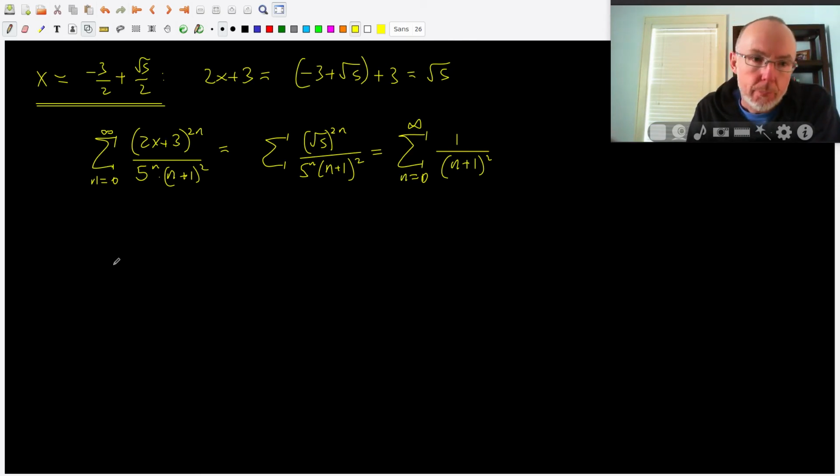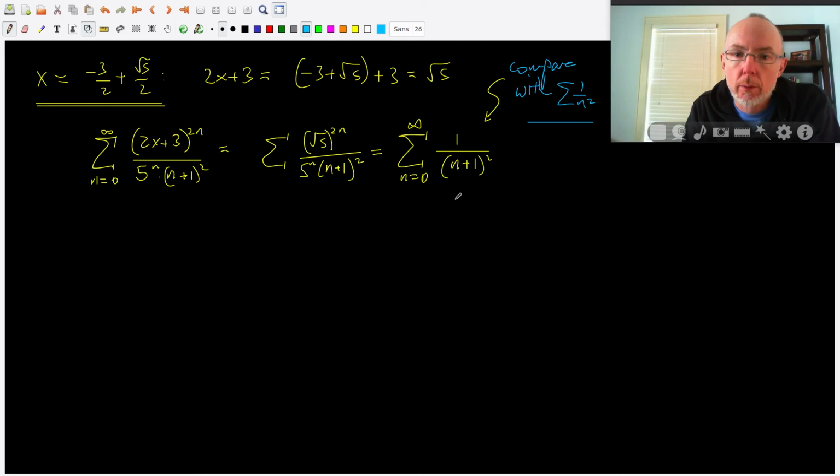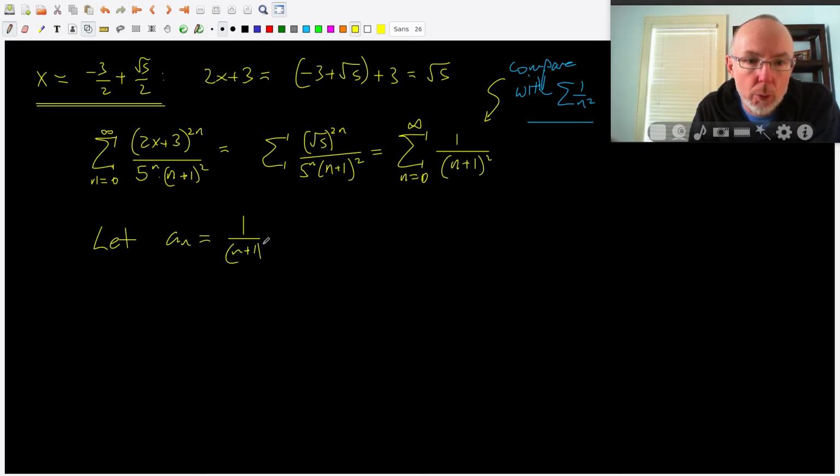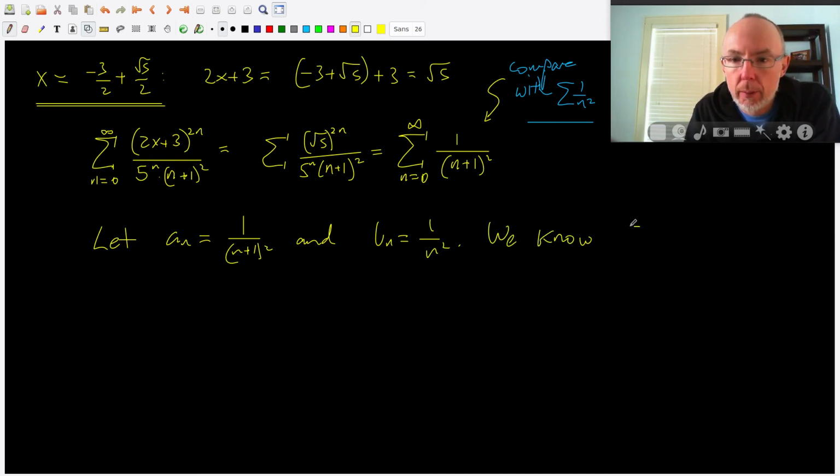So at this boundary, what we have is something that looks very much like a p-series with p equals 2. We could use the limit comparison or the direct comparison test to compare this series with 1 over n squared, because that's going to behave in the same way. Let's use the direct comparison test because I think it's easier here. So the series we're interested in is this one, 1 over n plus 1 all squared. And the other series we've got is, in this case, just 1 over n squared. So we know that the sum of the b's, so the sum of 1 over n squared, n equals 1 to infinity,